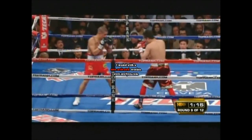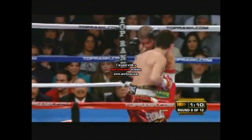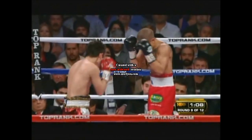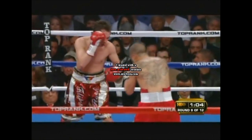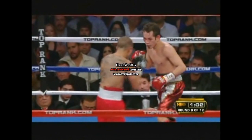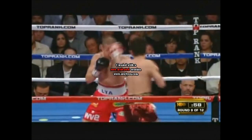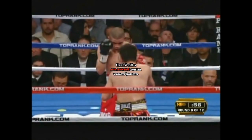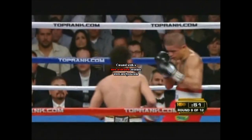Let's go. Very little body punching in this fight. If Donaire wants to be a knockout puncher, he's got to invest some time in body punching. He did it early in the fight when he was throwing rights and lefts to the body. More recently, not as much. Well, even then, when he was throwing them, Vazquez was blocking him for the most part. He couldn't get through, and both guys have a fairly high protective cup too when it comes up over the